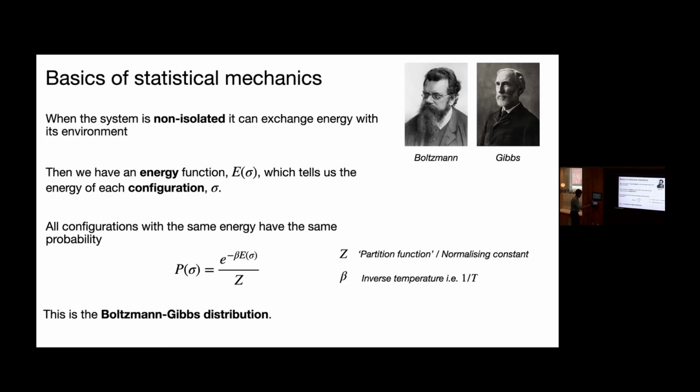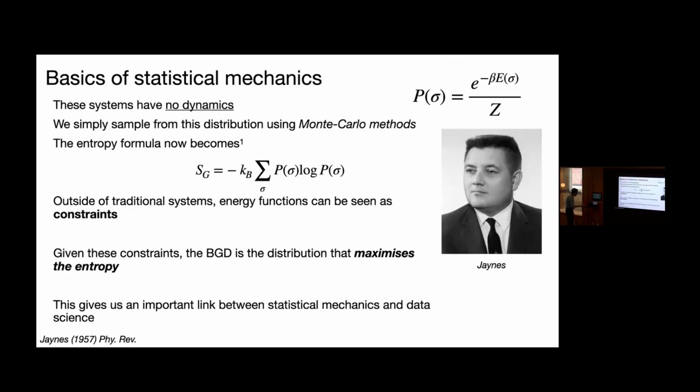Okay. So this on its own has no dynamics. It's just a distribution. And what this basically means is that you're just trying to take samples from this distribution. Any fluctuations is just purely noise. There's no actual kind of dynamics in the system. And so we just use Monte Carlo methods to try and draw samples from this distribution.